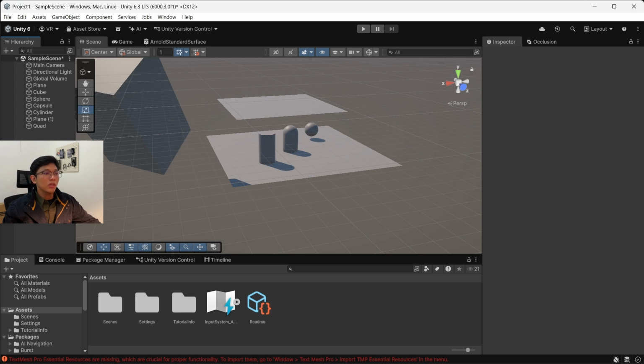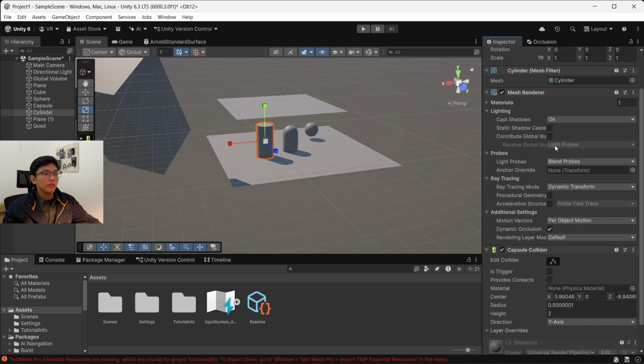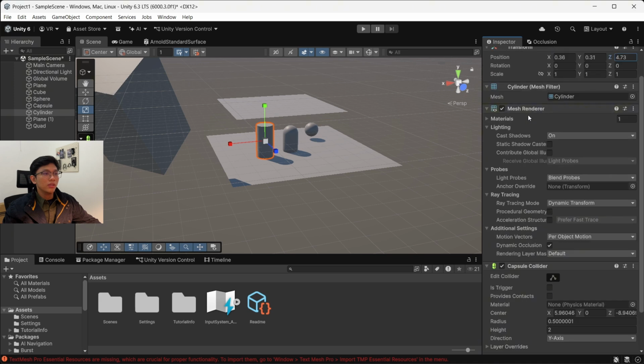Now, when we select an object, the inspector window will appear. In this window, we can adjust various settings. Position controls the object's location in the scene. Rotation controls the object's direction and rotation angle.